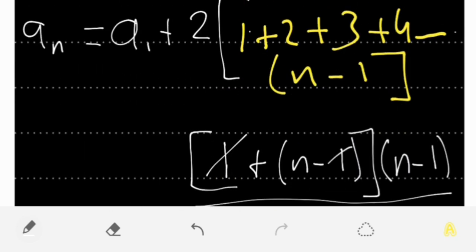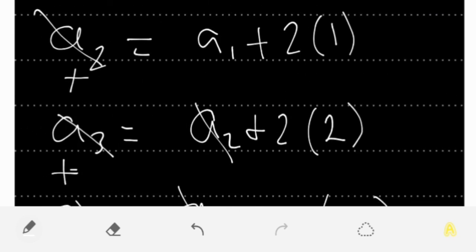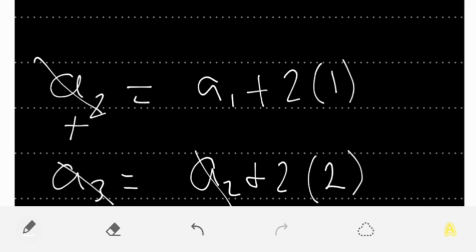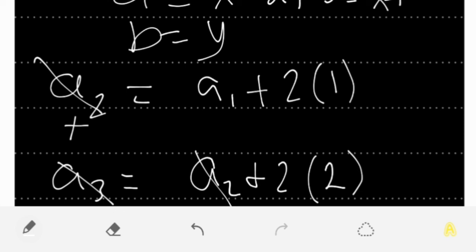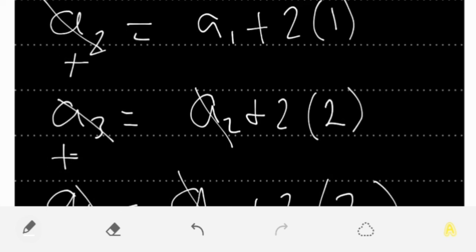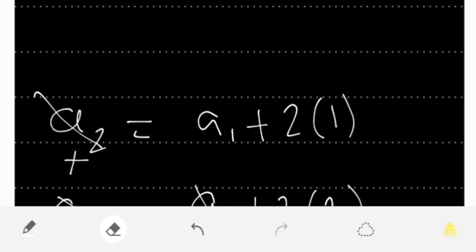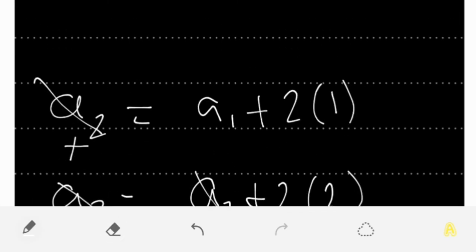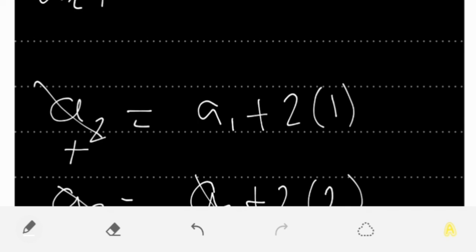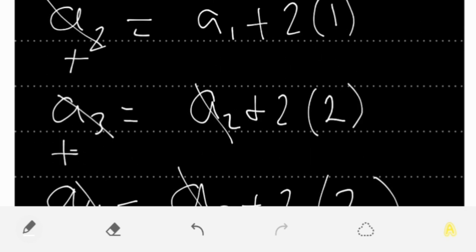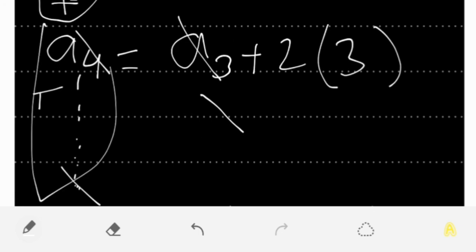Now, just to go back to the sum that we did over here, so it makes sense. What did I do? It's like I had a equals x and b equals y, so I said that we can sum them, so a plus b is equal to x plus y. This is what I did over here. In this sum, I took the left side, so I said we have a2 plus a3 plus a4, which are these terms over here, and I went on summing them